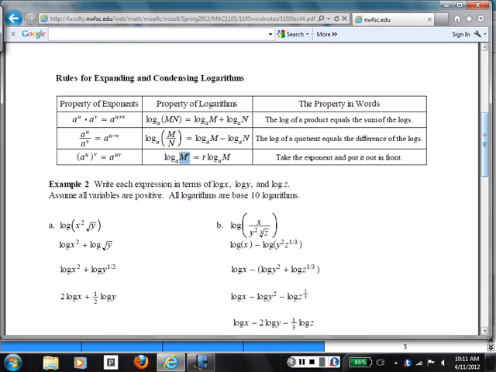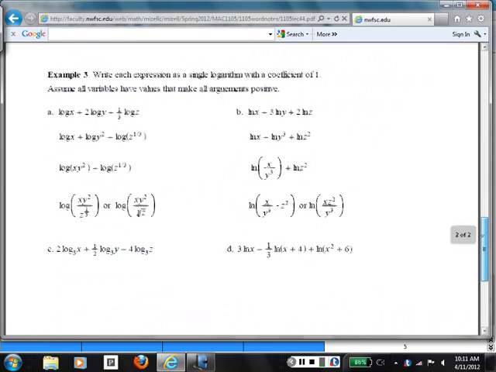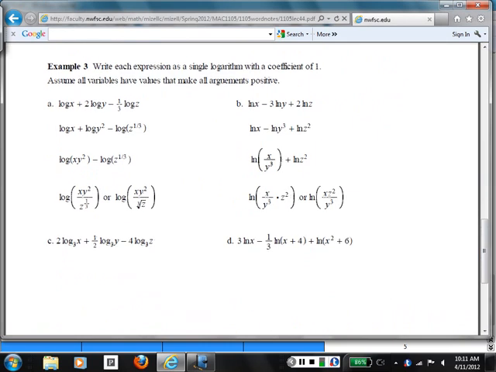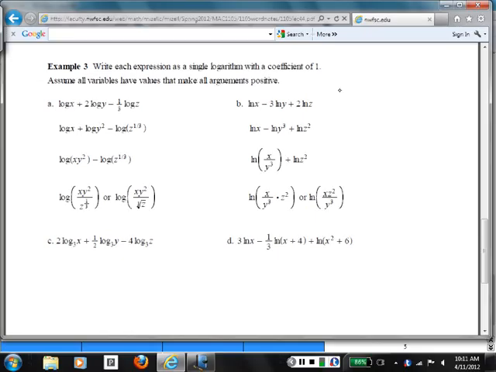Is it time to reverse the procedure? Yes, it is. Example 3. Write each expression as a single logarithm with a coefficient of 1. Assume all variables have values that make all arguments positive. I don't think argument needs that e there. I think it's okay without the e. Assume all variables have values that make all arguments positive. So